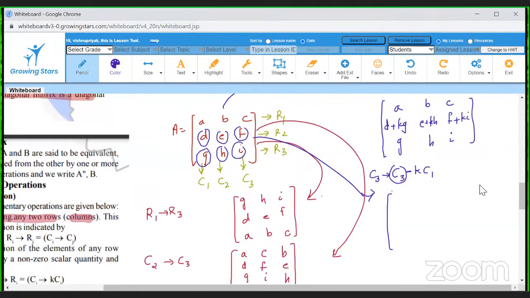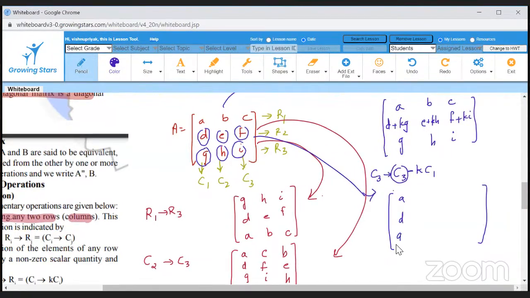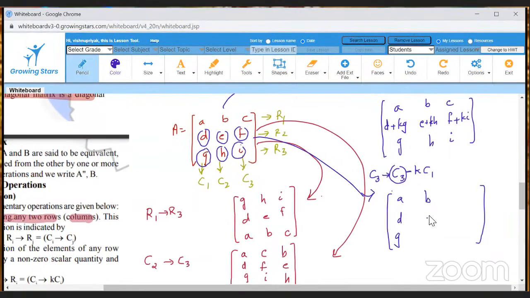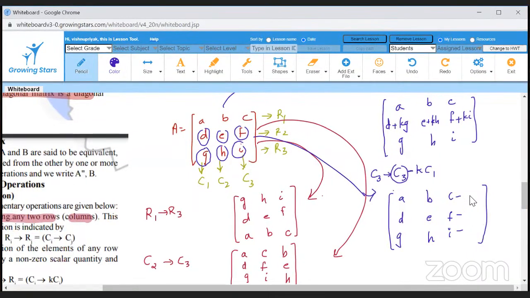So when I write the matrix, I will write ADG column 1 same, BEH column 2 same. Column 3 will change. How will it change? In column 3, CFI will change by subtracting K times